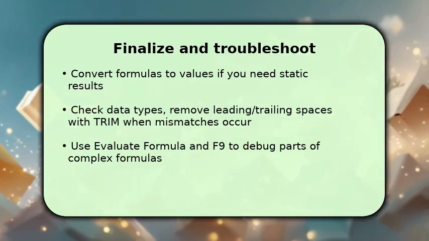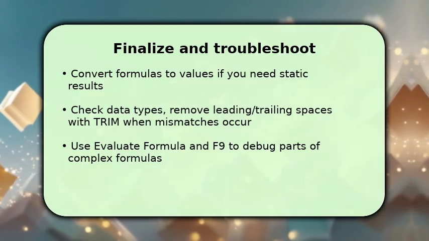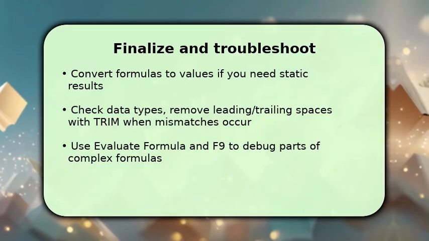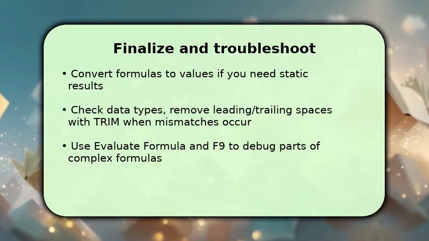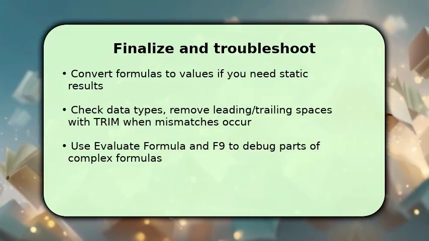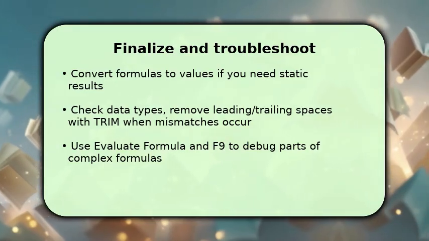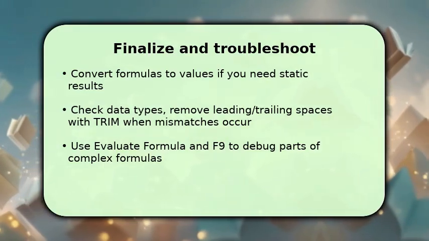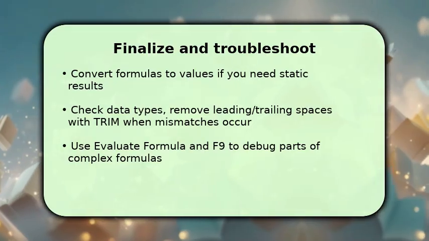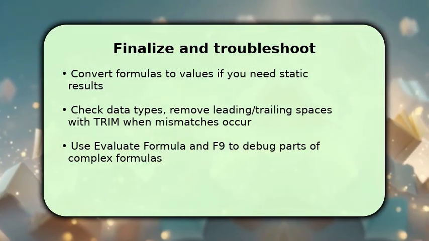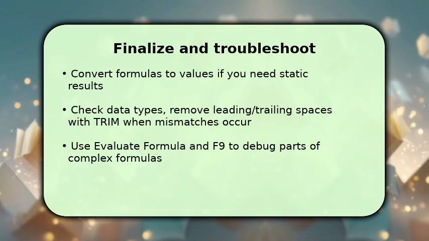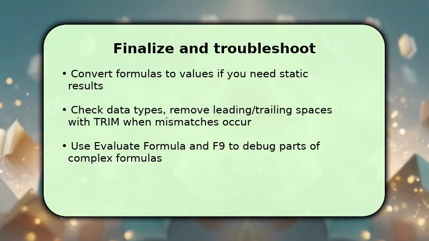If you see unexpected #N/A or wrong matches, make sure data types align and eliminate stray spaces. TRIM often fixes invisible mismatches. When a formula still misbehaves, use Evaluate Formula or select segments and press F9 to inspect intermediate outputs. Finally, document key ranges and include IFERROR handlers so your workbook remains